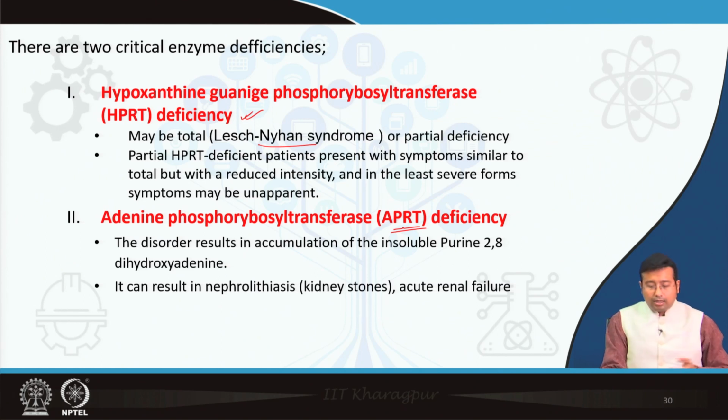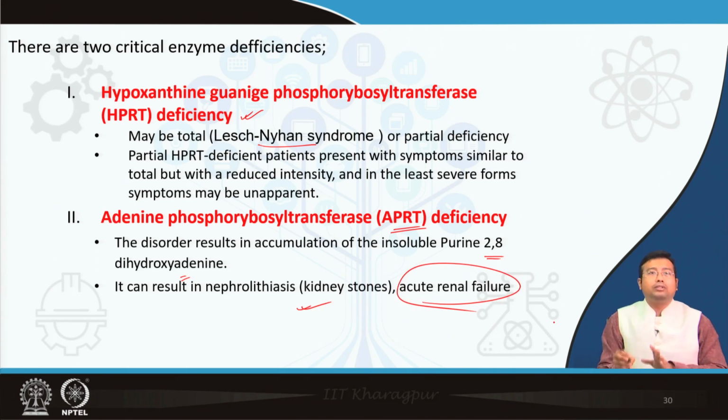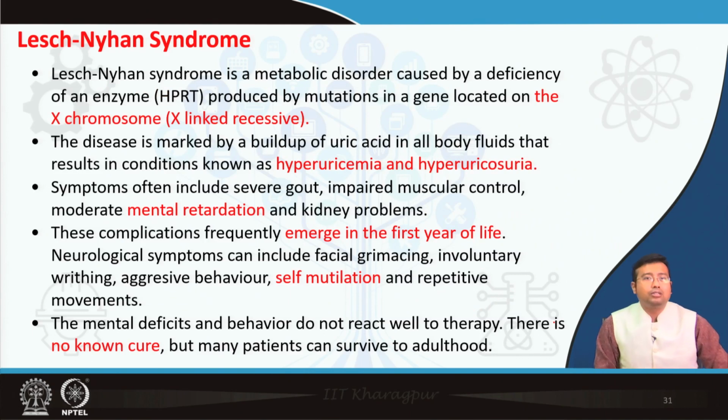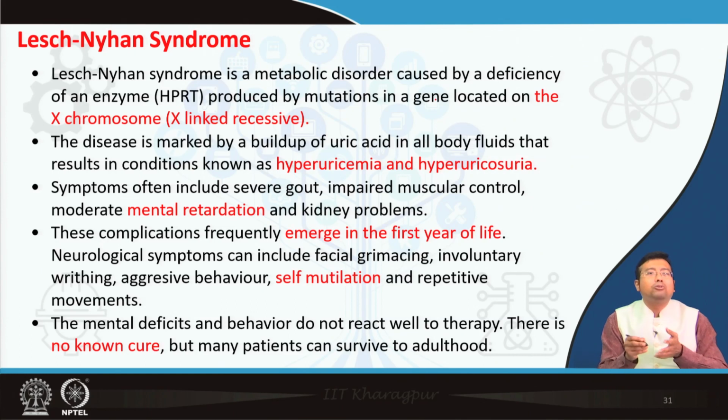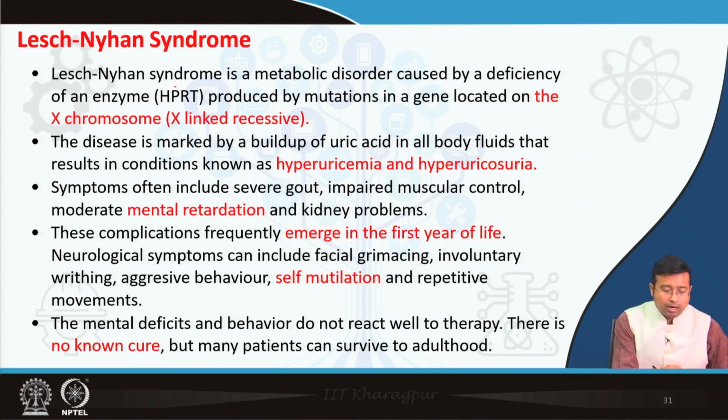This results in accumulation of the insoluble purine 2,8 dihydroxyadenine, and it results in kidney stones and acute renal failure. APRT deficiency results in acute renal failure. But what is HGPRT deficiency or Lesch-Nyhan syndrome? It is a metabolic disorder characterized by deficiency of the hypoxanthine guanosine phosphoribosyl transferase enzyme, HPRT or HGPRT as you may term it. It is inherited in an X-linked recessive fashion,